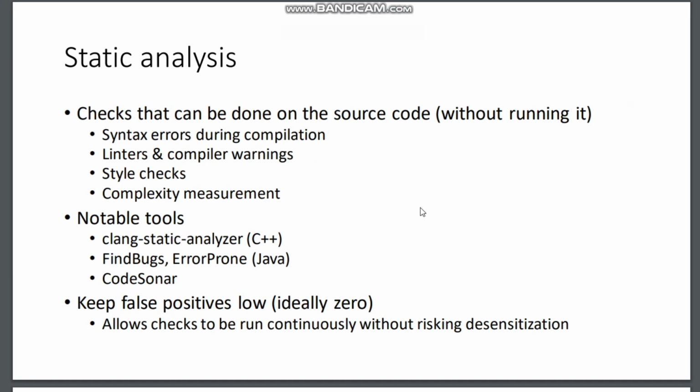Yes, static analysis for quality. Static analysis is a method to check source code for errors and quality issues without running it. Tools like linters and compilers